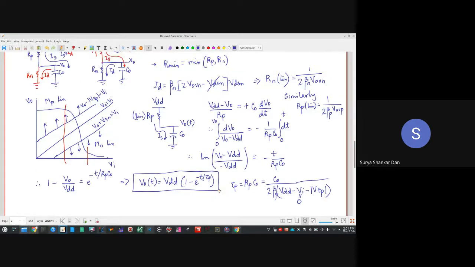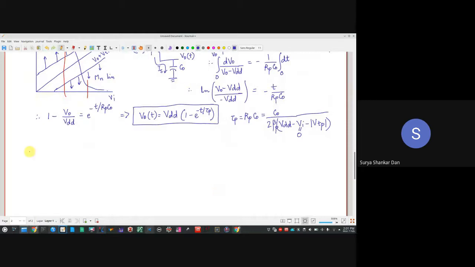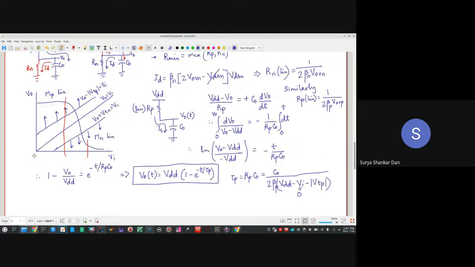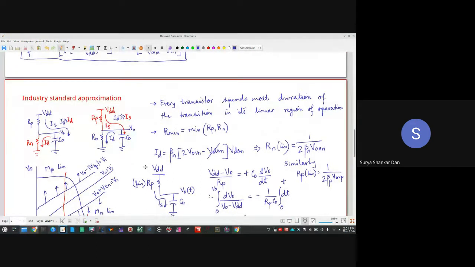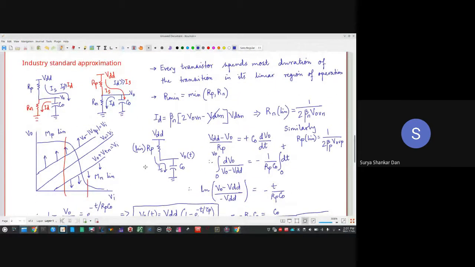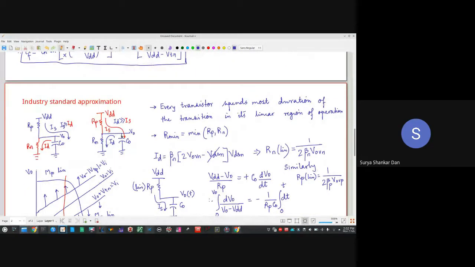Now we will come to the fall time expression. The question which I will be asking you soon, because fall time I am just doing it for some of you who may be slightly confused. For them, I will do the fall time analysis, the industrial approximation for the fall time analysis. But those of you who have already understood this, you know how we are going to develop the equations and everything for the fall time.